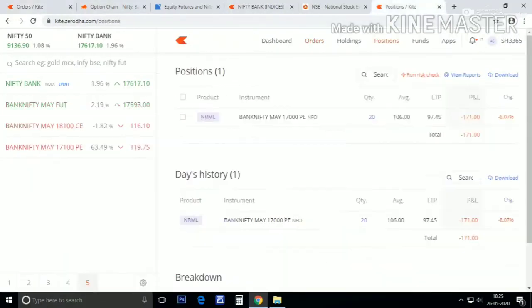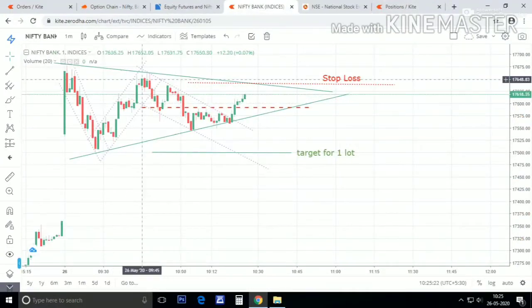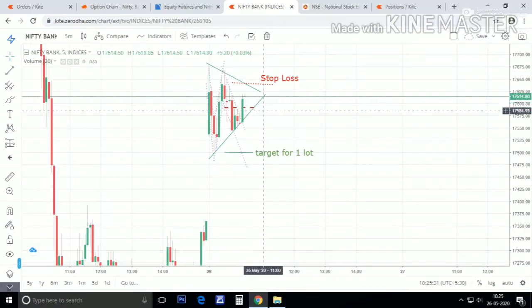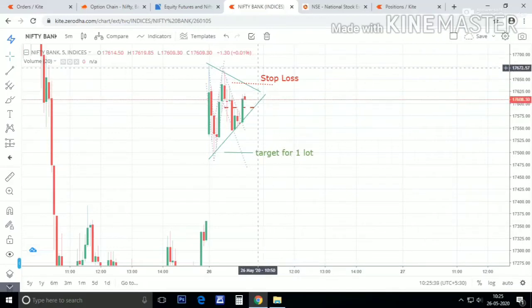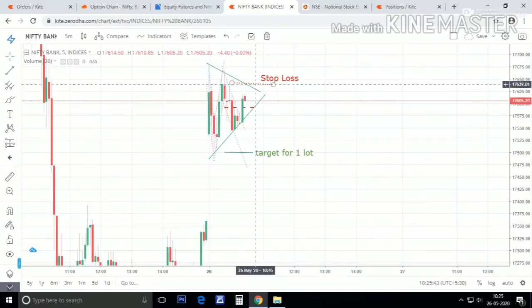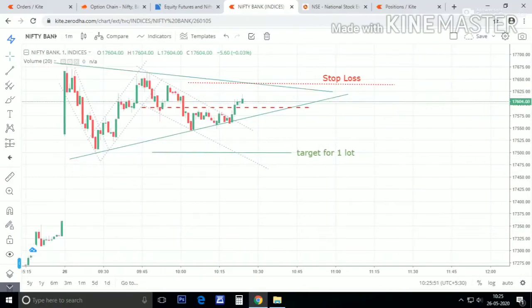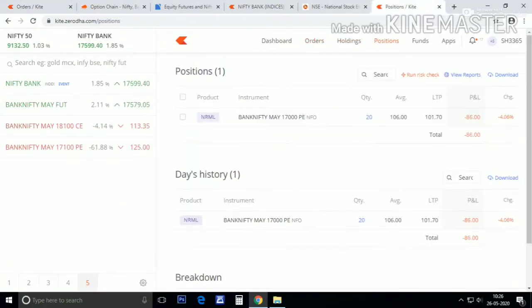If the target is near, then you can trail the stop loss according to yourself, but you don't necessarily increase the target. You can realize the target is quite big. Let's see, maybe even before the target hits, we might exit due to volatility or whatever. So we'll see to it. Let's see. You can see it is right now trying to go back to the trend. It is down. Let's see.